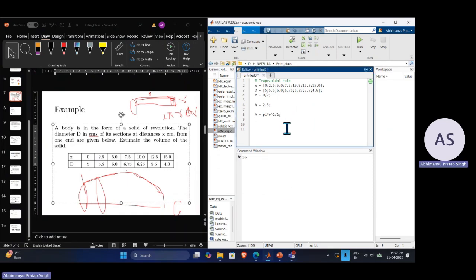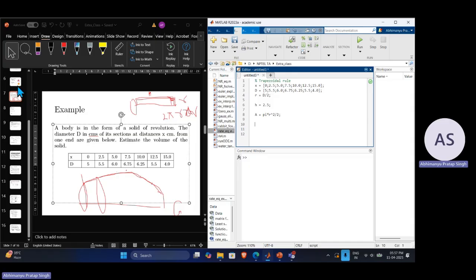Yeah, so we calculate the area in each of these circles, and then we basically use the trapezoidal rule to linearly join them, from this circle to this circle using a linear line, then another linear line, and then we calculate the volume. Okay, so that would be basically,